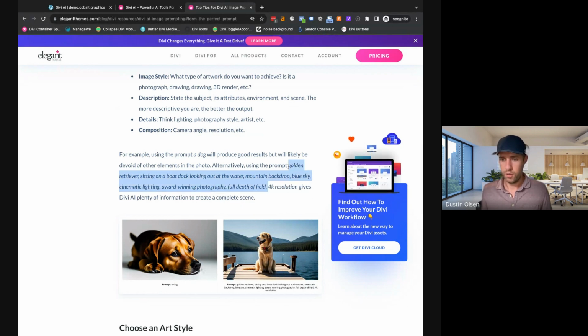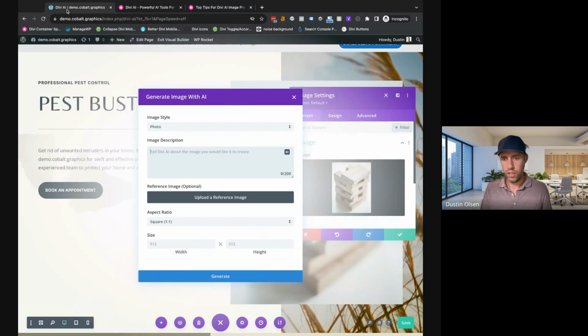So I'm just going to go ahead and copy that because the formatting, the structure of what we're looking for is there. I'm going to come in here and paste that in, but I'm going to start updating some of these details specifically for pest control. So I'm looking for a pest control exterminator